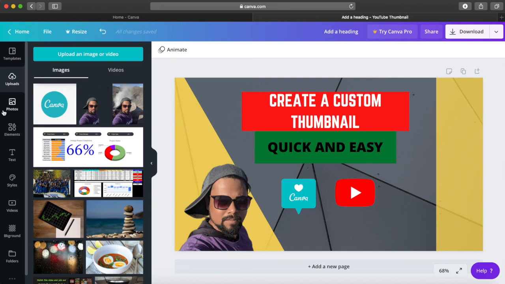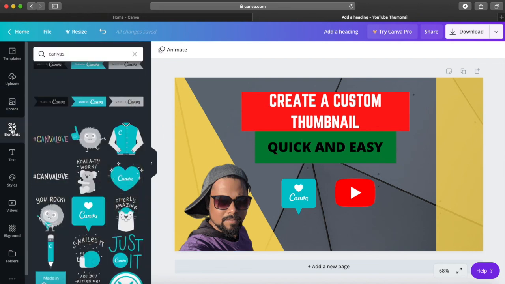Just wanted to call out that Canva has many different options that you can explore for this tutorial because I didn't want to make it too complicated. I didn't go into too much of details, but feel free to explore all the options on your own. But this is an amazing tool that you can use to create your own thumbnails for your YouTube videos.